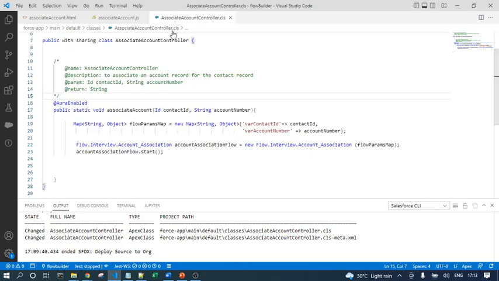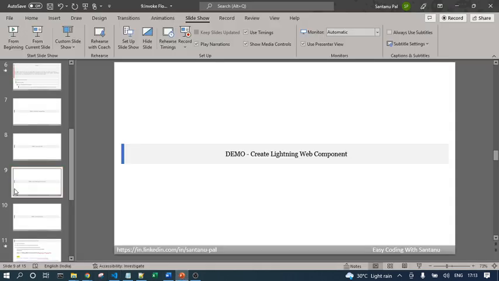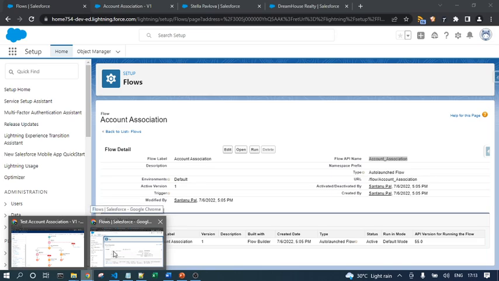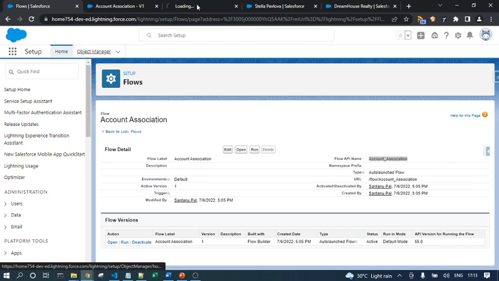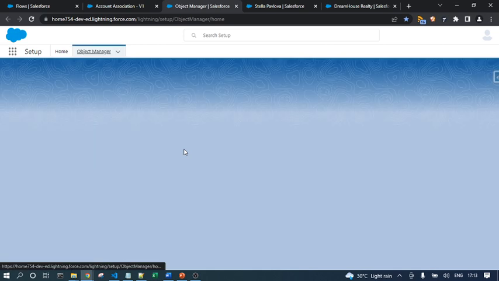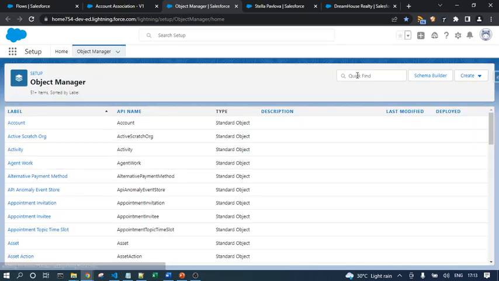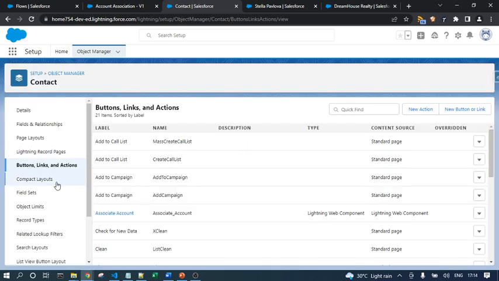Now we have created the Apex class, we have created the Lightning Web Component. Now the next step is that I need to create the quick action. Okay. So the quick action, for that I need to go to Object Manager. So I need to go to the Contact object. In the Contact object, you will get the Buttons, Links, and Actions, and if you want to create a quick action,